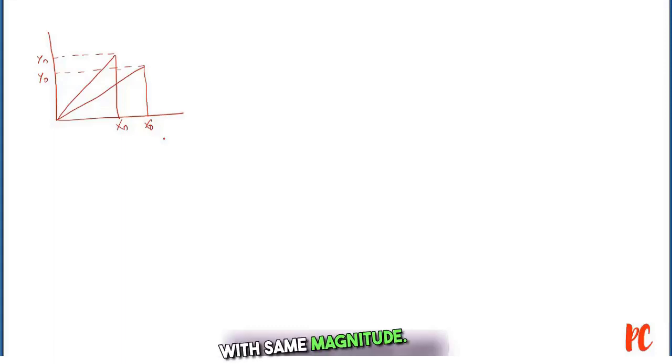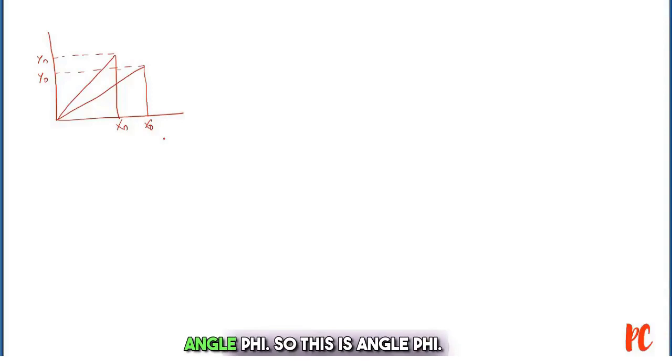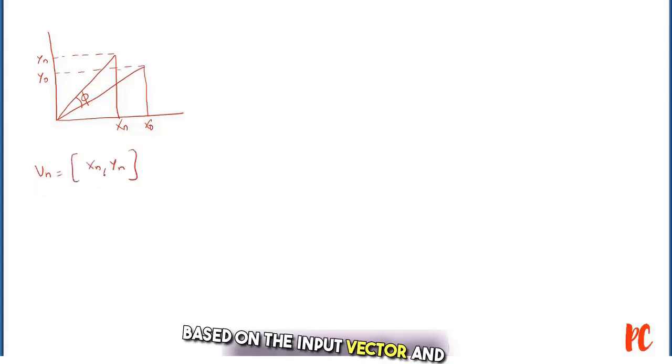Here are the two vectors with same magnitude. The second vector is obtained by rotating the first vector with an angle phi. So this is the angle phi. We can calculate the vector coordinate as Vn equals xn, yn, based on the input vector and